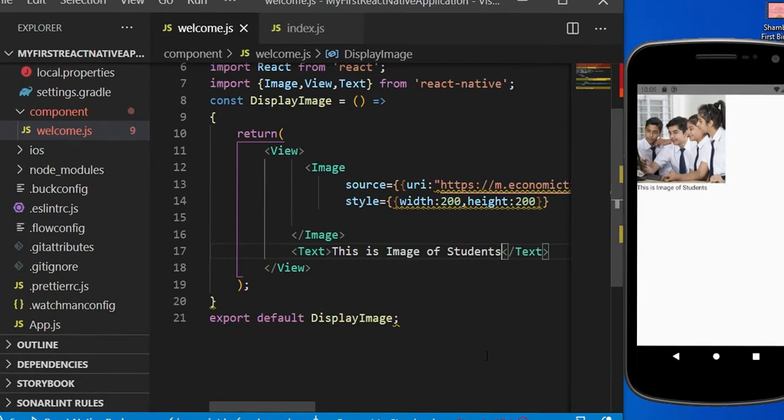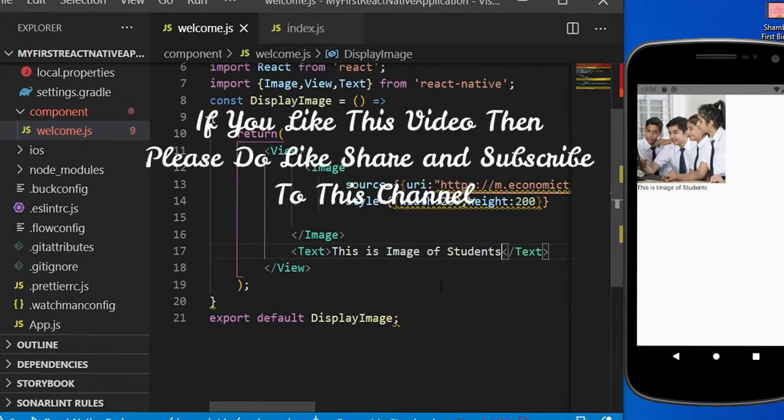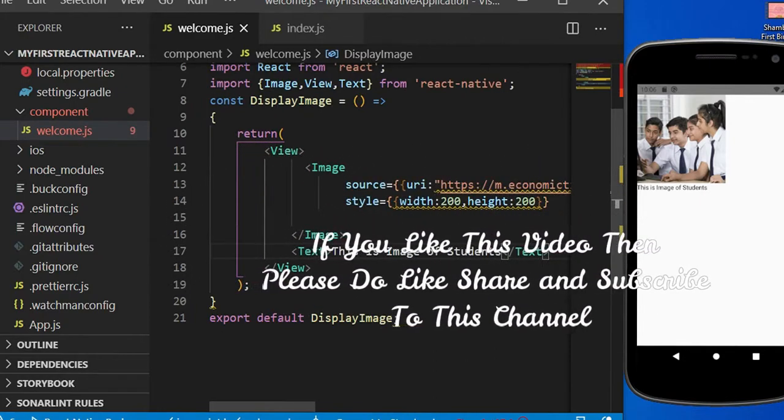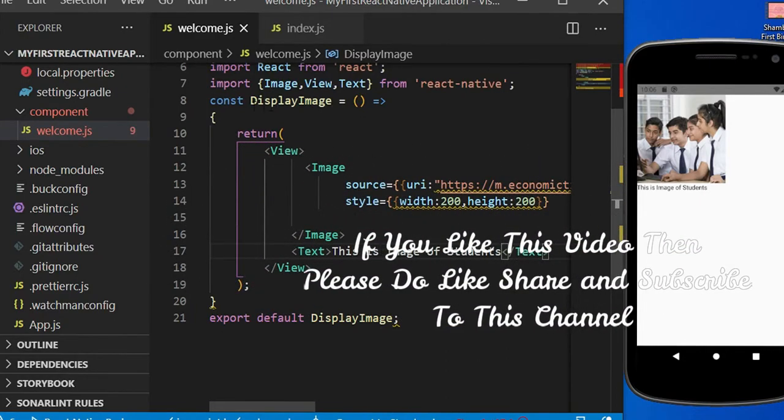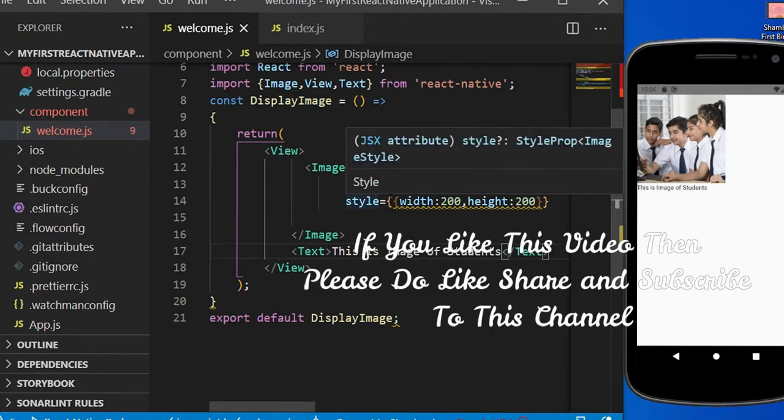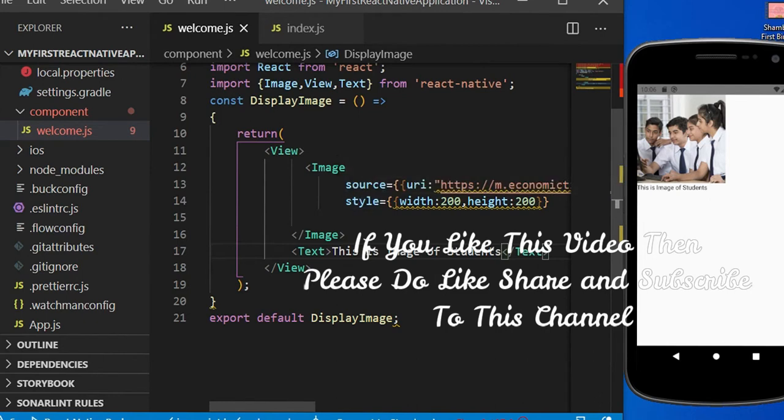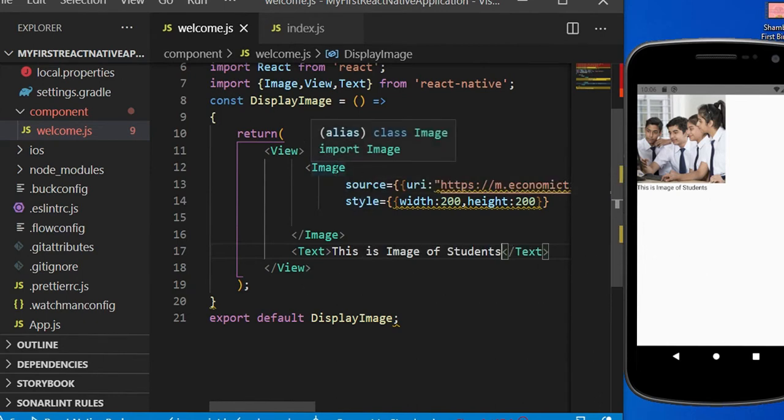What is the difference between the example that we discussed in our previous session and this example? In our previous example we created our own prop, that is name, and that prop we used to customize the StudentDetail component. Unlike that, in this example, instead of creating our own prop, we are just using inbuilt props. Here source and style are inbuilt props which we use to customize the Image inbuilt component. I hope now you are getting this particular point.